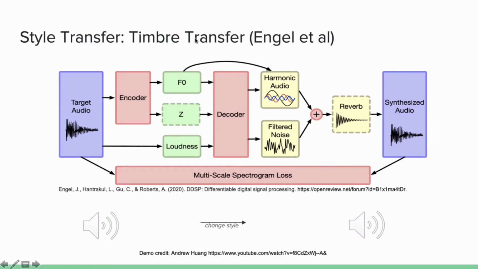This architecture, just like many other architectures, is an autoencoder. So initial music data are encoded into some latent representation. In this case, it's very simple. It's just the frequency of the tone plus some latent variables and some loudness, exactly the loudness of the signal at every point in time. And based on this data, the network is recovering the signal, but it uses additive synthesis. It uses harmonics of the signal.